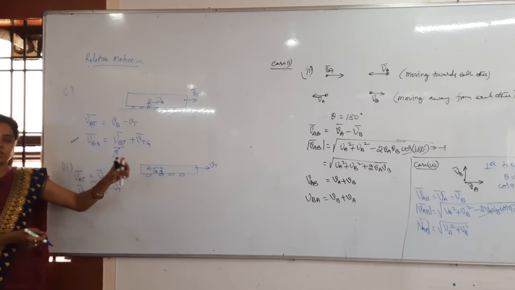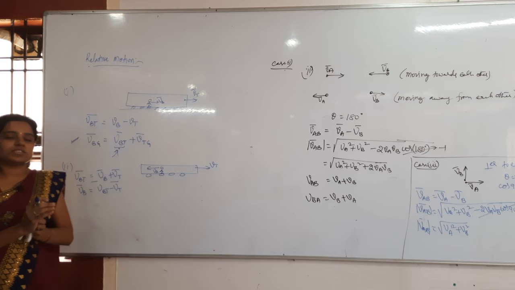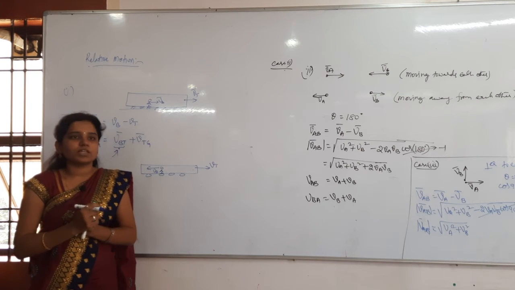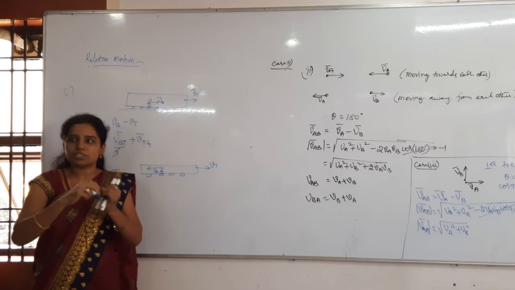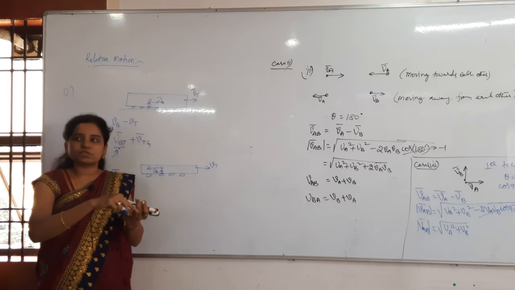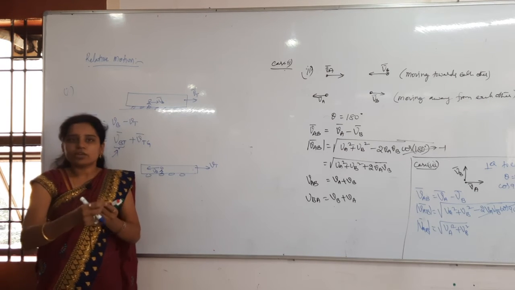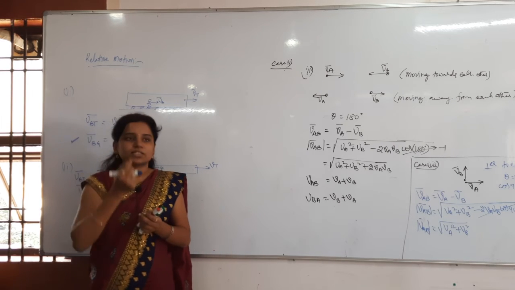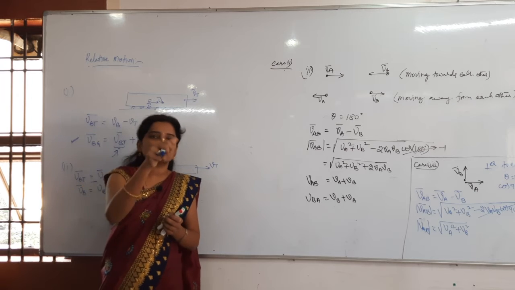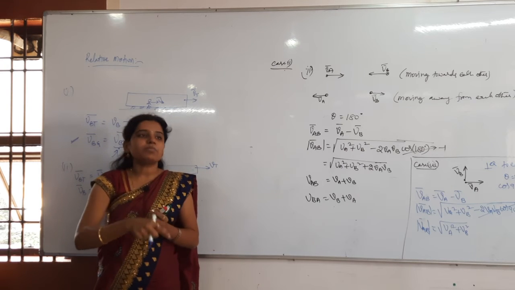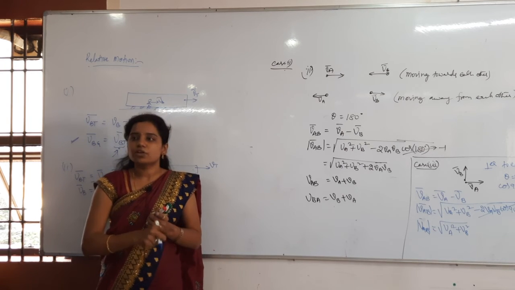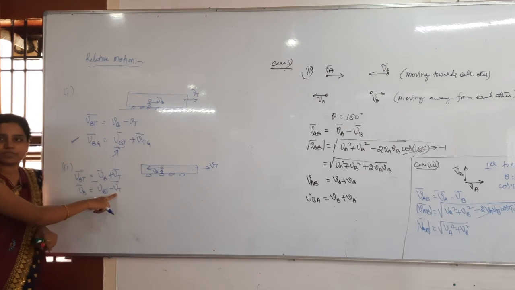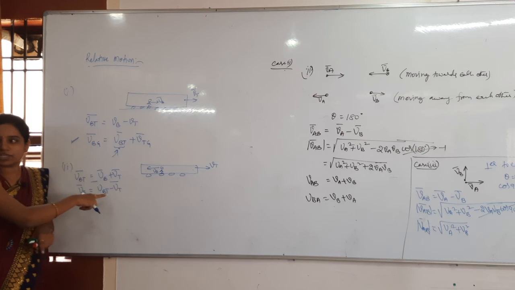Difference between them. Just you are an observer and you are seeing a person who is moving in the bus. Then what will you think? He is having two velocities. One is the bus velocity, another is his velocity with respect to the bus. Now the man is moving in the opposite direction. Obviously we want to take the back side seat, so what will we do? We will move opposite to the bus direction. At that time our velocity will be reduced. How much will it reduce? It will be reduced by the bus velocity here. Correct? Everything you understood clearly, right?